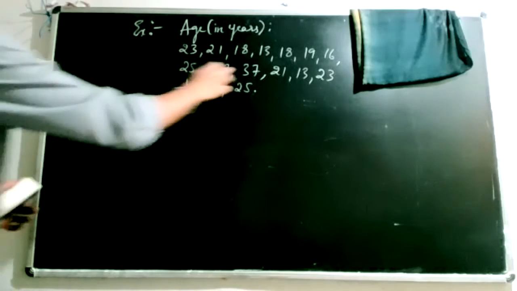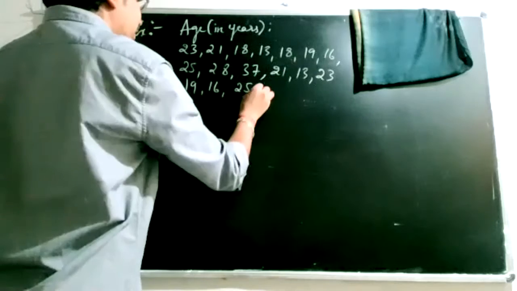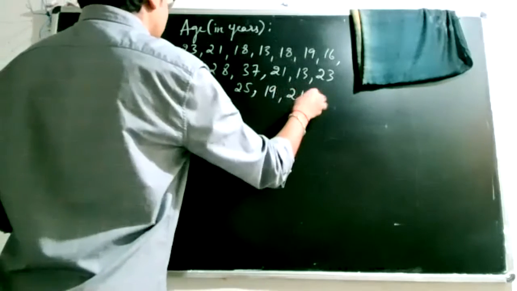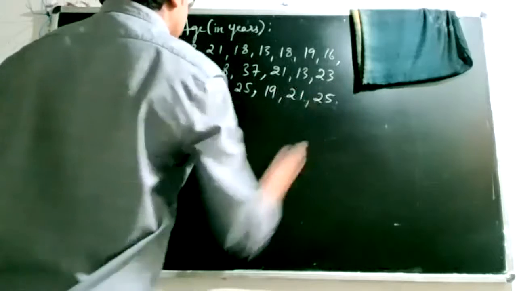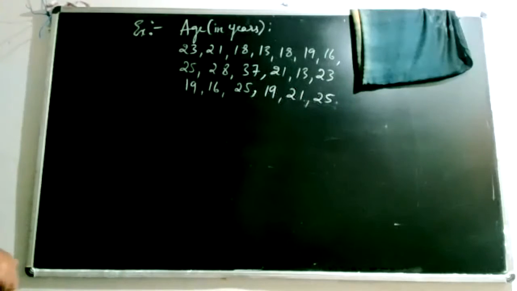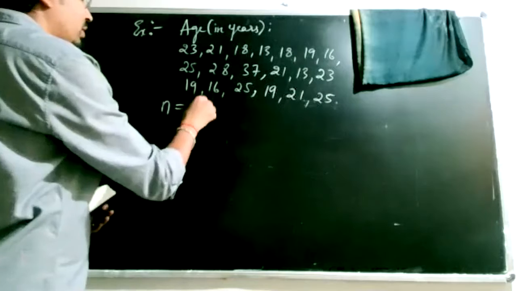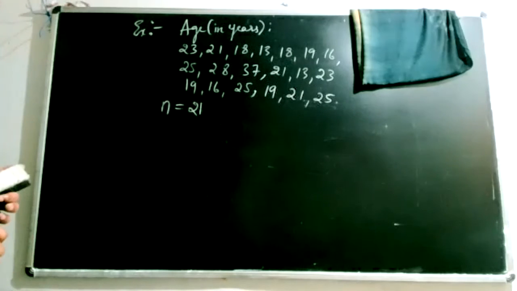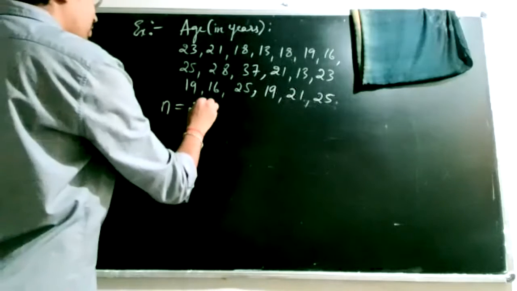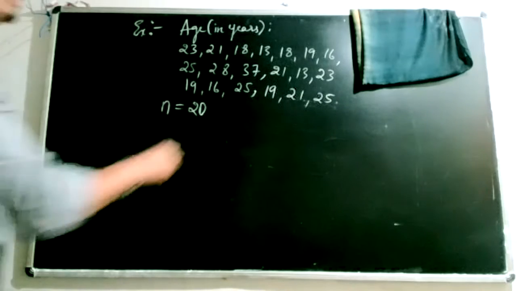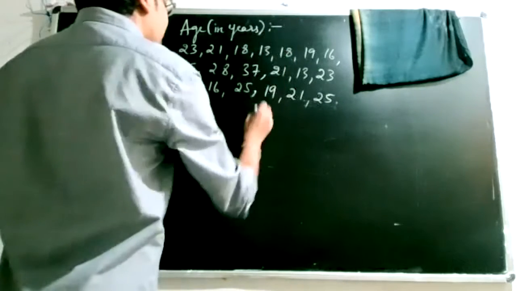So I have 2, 4, 6, 7, 14, 17. Let me take some more. Okay, so I have n is equal to 20, with values 7, 3, 21 and so on. So 20 values are given to you, and you have to quantify this using a suitable